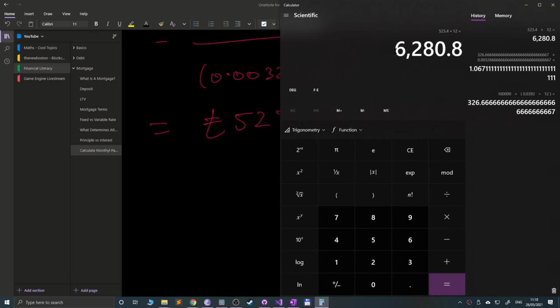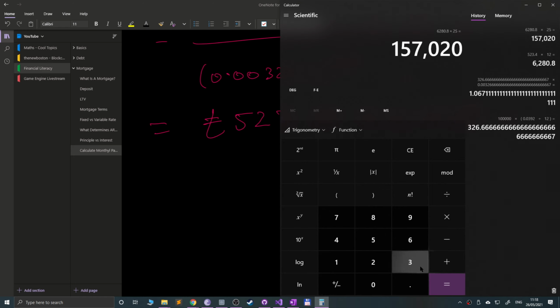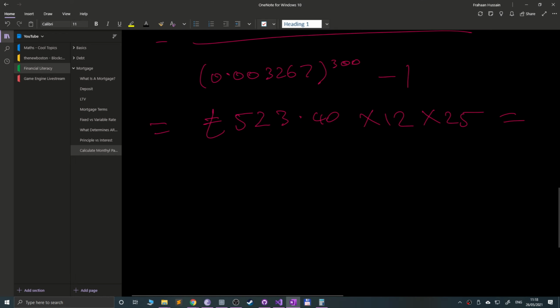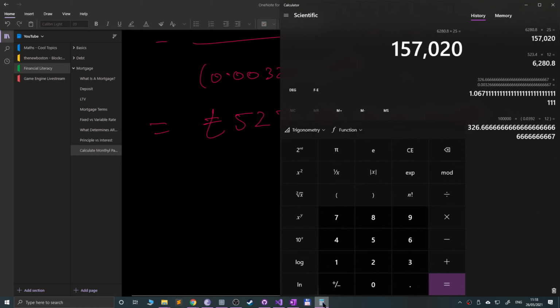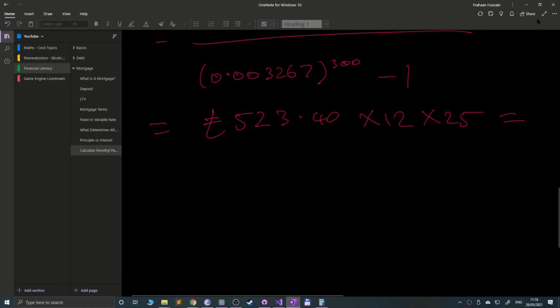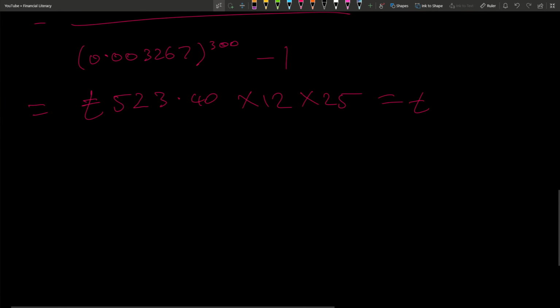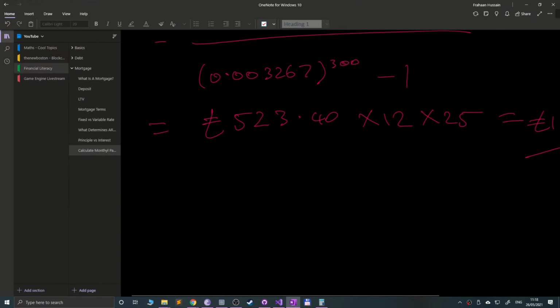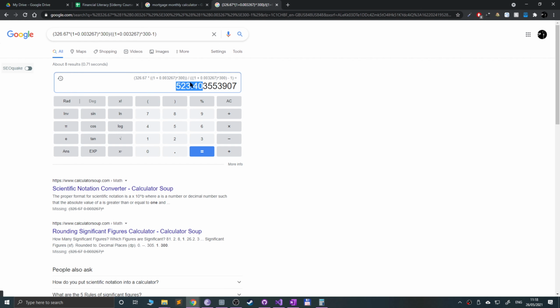So per year, you'll be paying £6,280 and 80 pence times by 25. So this equals, what was it again? £157,000 and 20 pence. So if we compare this to what Google gave us,